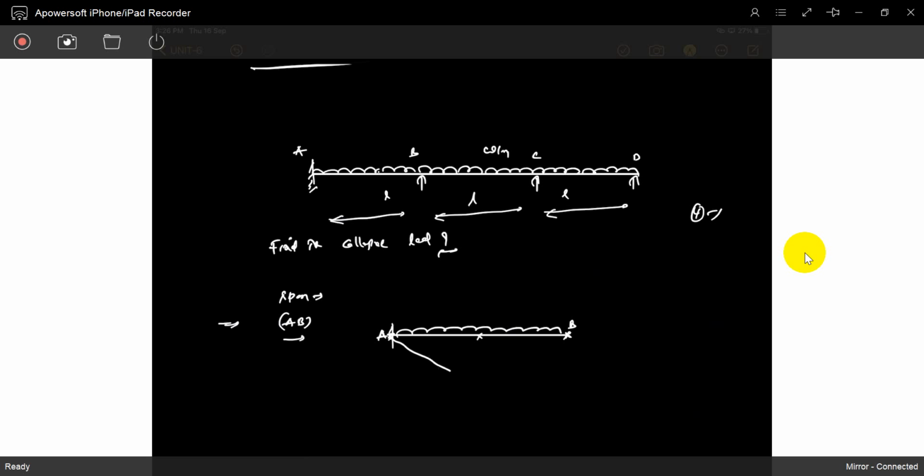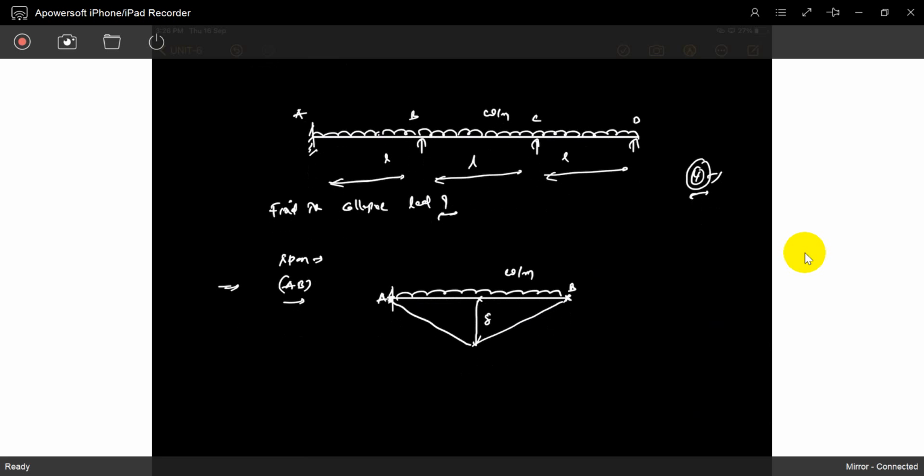So the collapse mechanism, the collapse diagram, looks like this now. This delta is a collapse. If AB is collapsed, of the total 4 hinges, maybe 2 hinges are formed at this location, or maybe 3 are formed in the AB span. Understood? If 3 hinges are formed in the span of AB, it is collapsed. Not the entire span, but if one part is collapsed, it means it is a collapse. It is a failure.